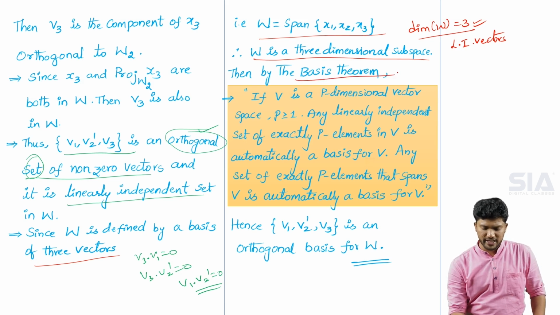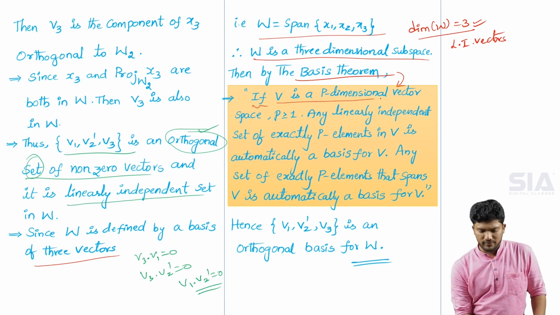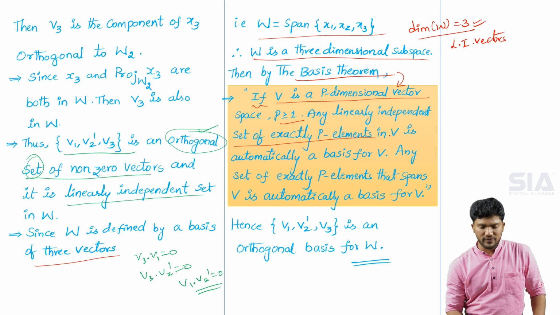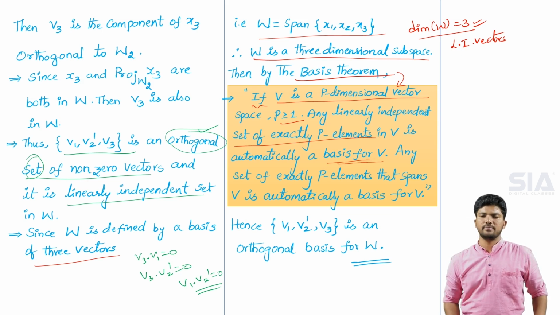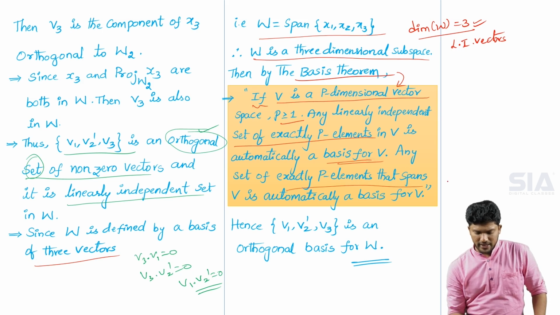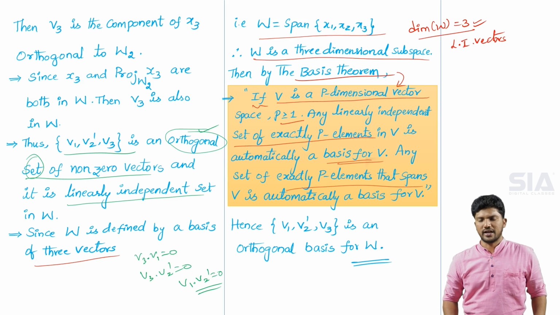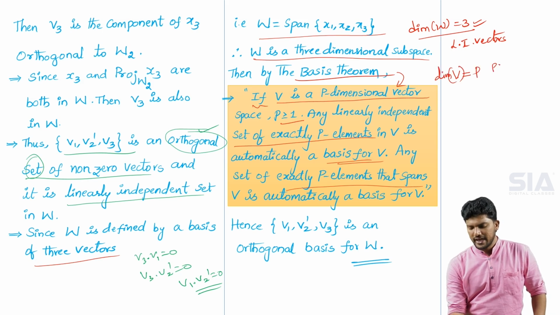What does the basis theorem state, amma? This is the statement of the basis theorem. If capital V is a p-dimensional vector space where p is greater than or equal to 1, then any linearly independent set of exactly p elements in capital V is automatically a basis for V. Any set of exactly p elements that spans capital V is automatically a basis for capital V. That is, whenever you have a vector space capital V with dimension p, where p is greater than or equal to 1,